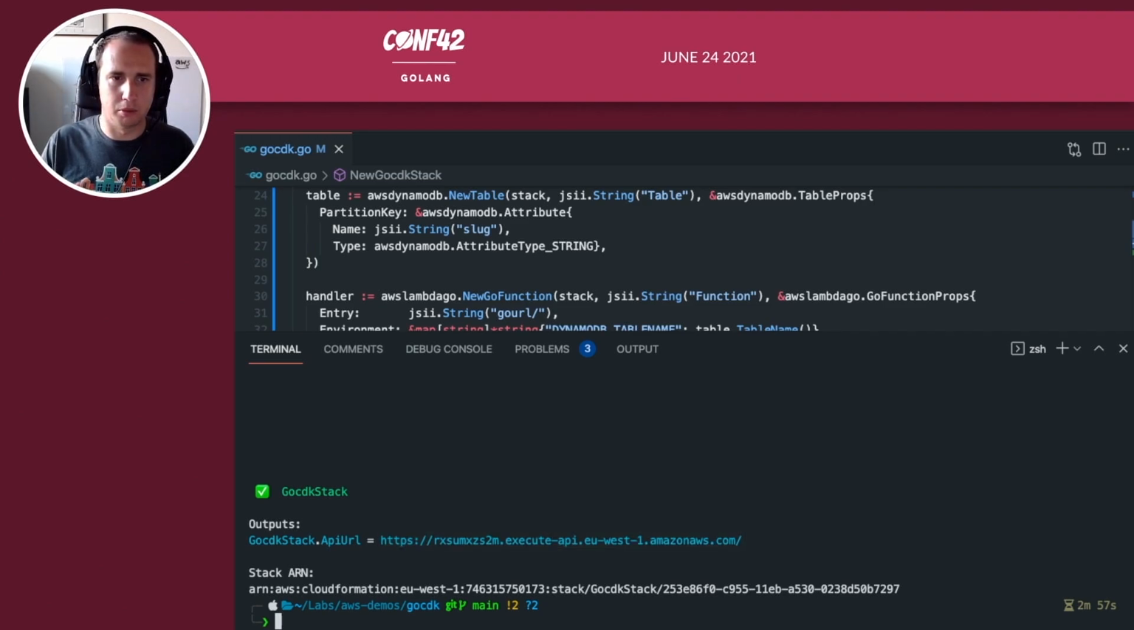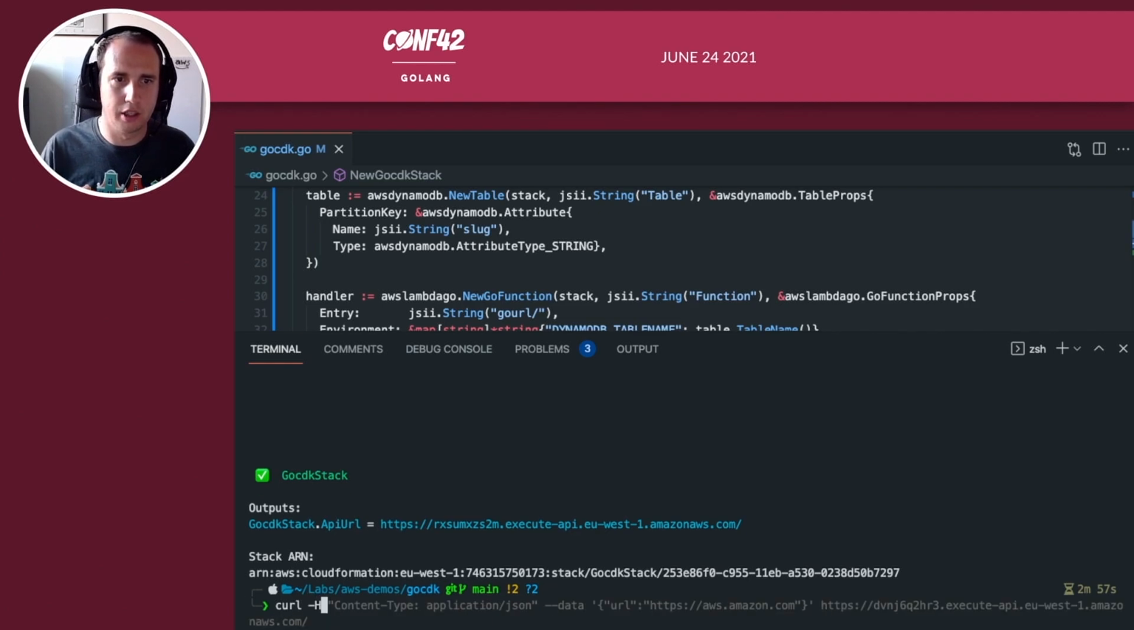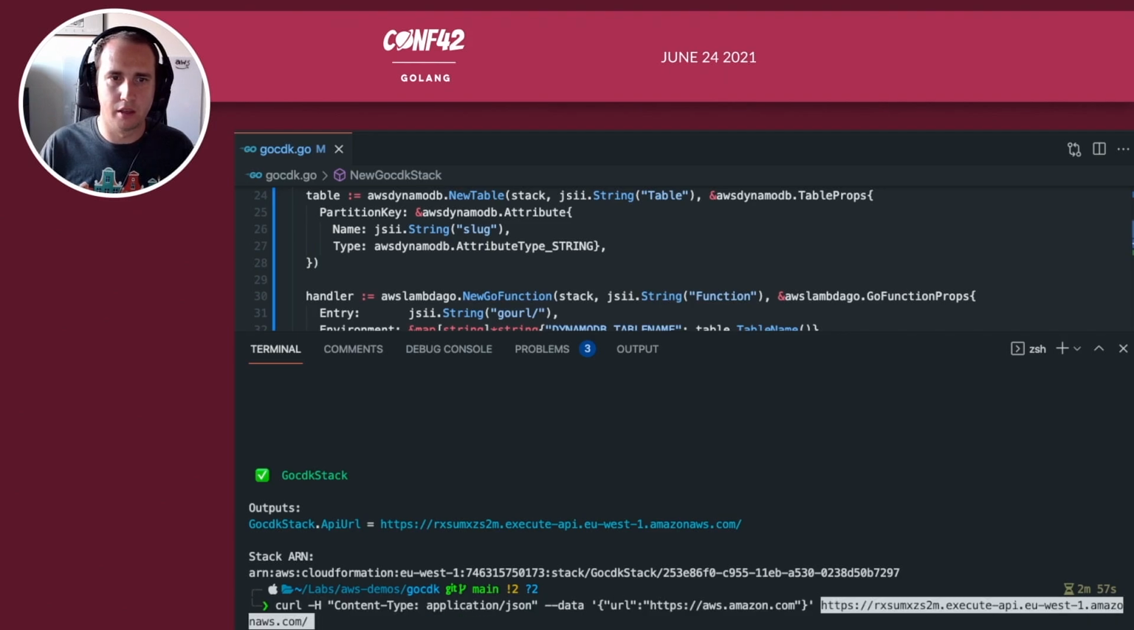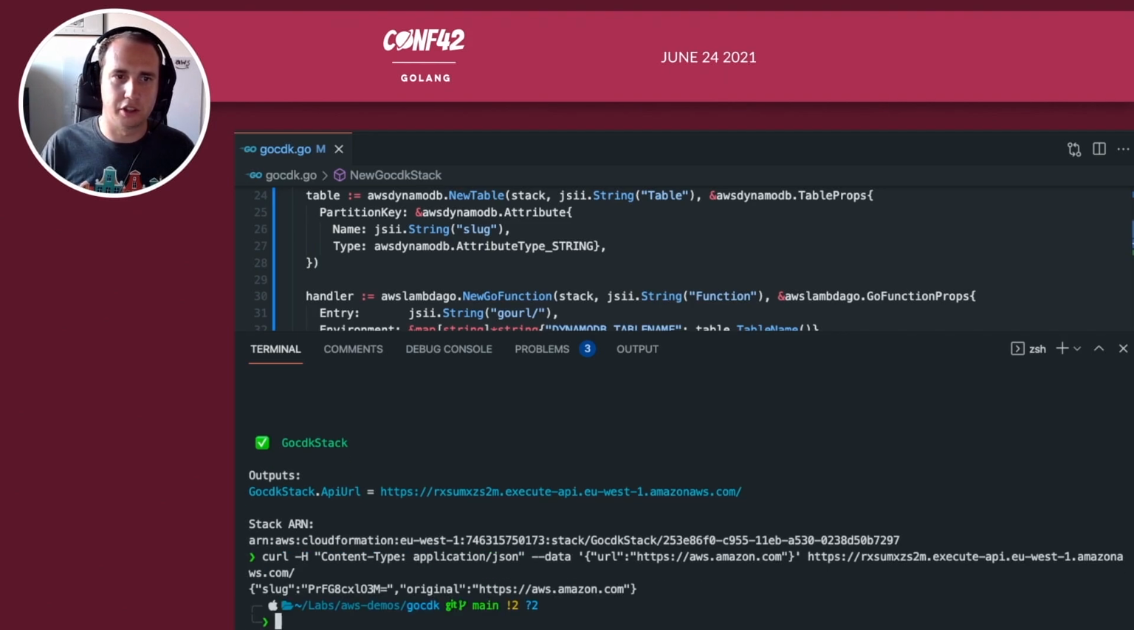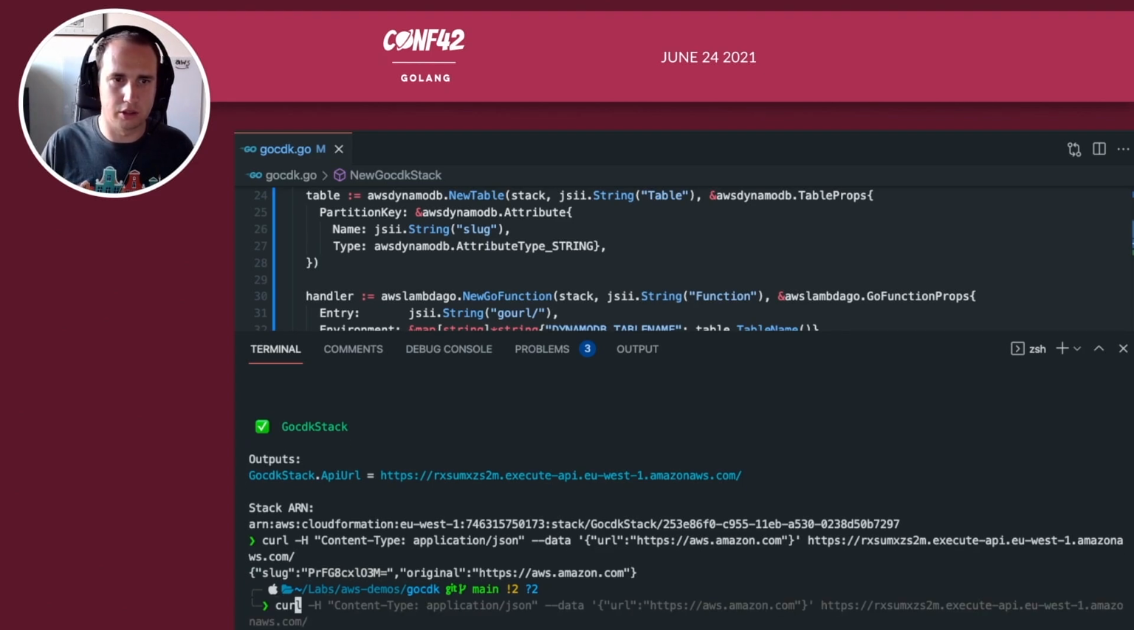So using this curl command, we say curl, we provide an application JSON content type. Let's put in the URL that just has been shown to us. So as you can see, it returns to me the slug that has been generated and also what was the original URL. So now we can actually use this slug by going to the